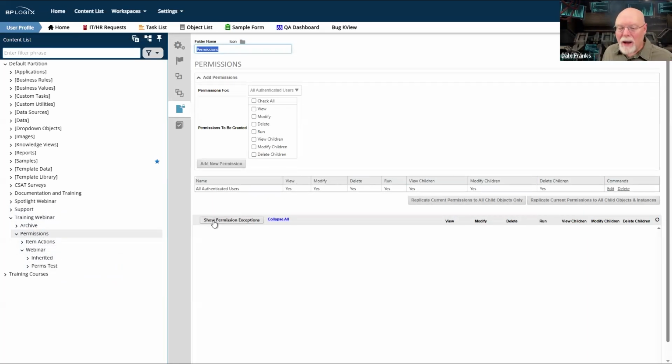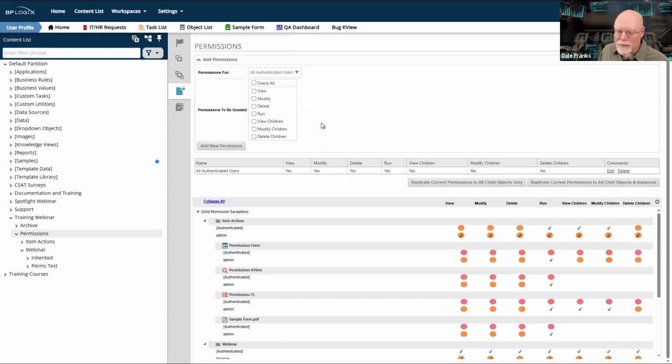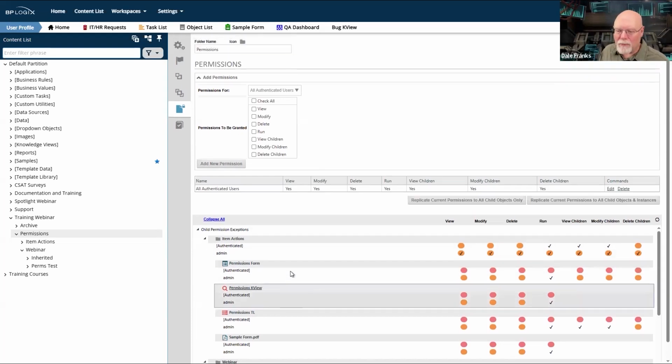But I might want to check show permissions exceptions to see if there are any child objects of this folder that have different permissions than the folder. In this case, there are. Indeed, every child object of this folder has different permissions because I've just gone in and set them differently, or they were different before.